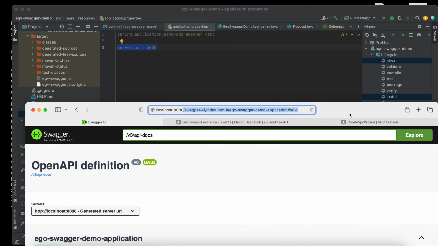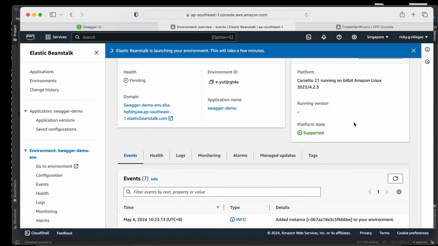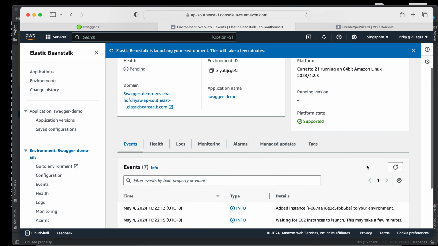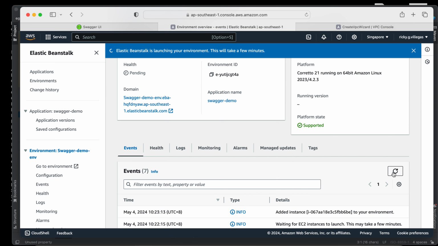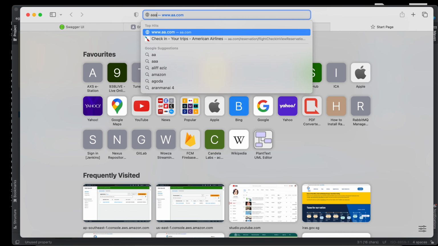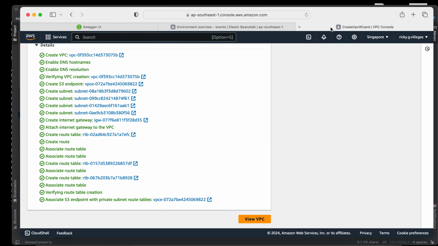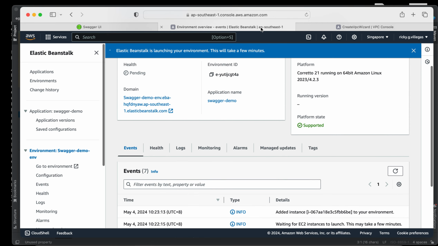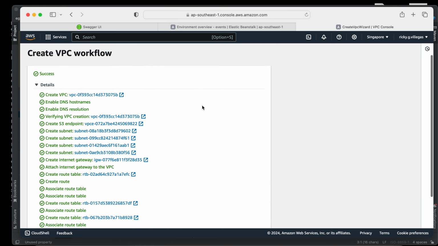Let's go back to our AWS console. It's taking some time. Maybe I don't have internet. Let's see.